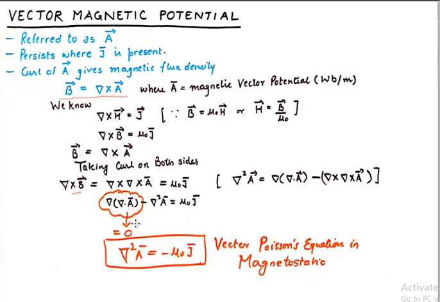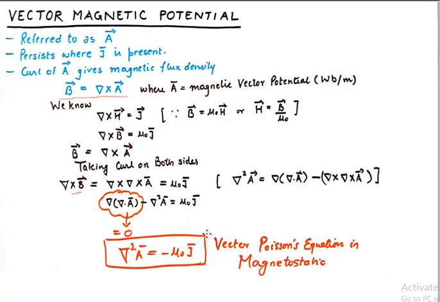And this thing is equivalent to 0 because gradient of divergence of a vector is 0. That's also discussed in the previous video. So I'm left with del square A is equal to mu naught into J, and that looks like Poisson's equation